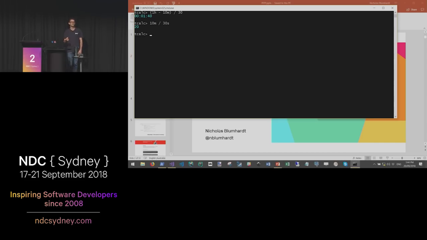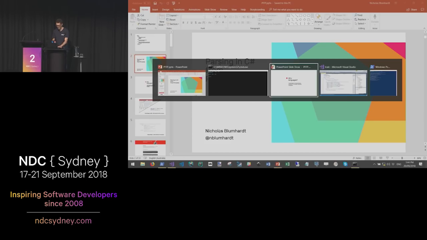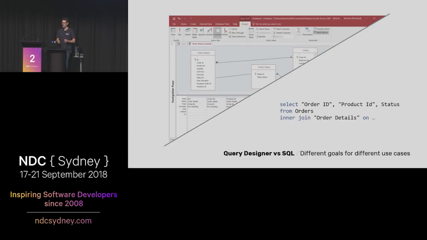And as programmers, we really intuitively know that languages are kind of the optimal vehicle for this. It's a little bit like if you remember when you first encountered a database, the way that you queried it was probably with something like a visual query designer where you dragged on tables and joined them up.